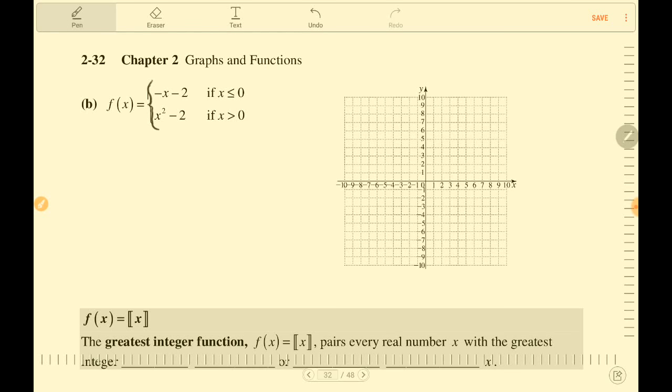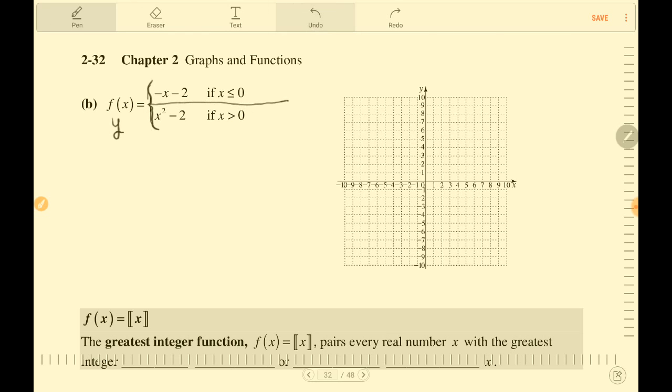We're asked to graph the function f of x, which is another way of saying y, but we're splitting it up so that y equals one thing when x is less than 0, and another thing when x is greater than 0. So we've got two pieces to graph. We'll start with the first piece in blue,